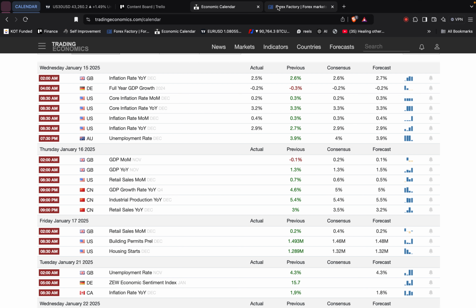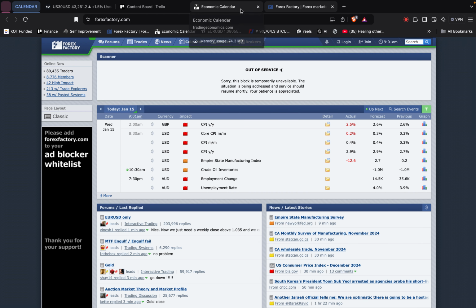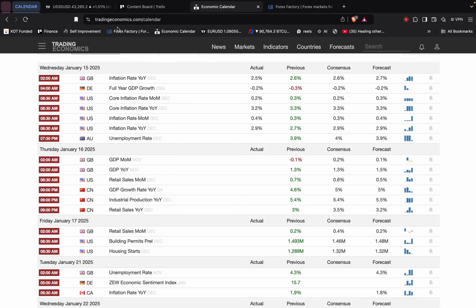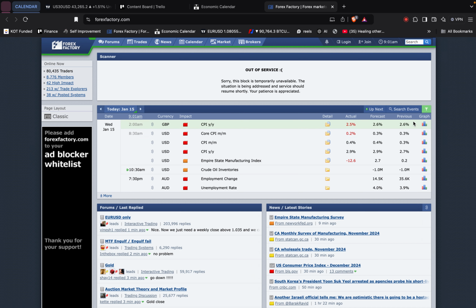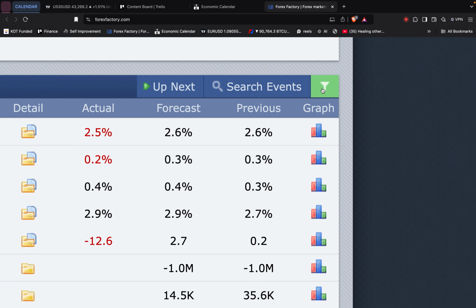I'm currently on these two sites that I use. I actually use two sites for my Forex economic calendar. I use Forex Factory and I use Trading Economics. So when you're on Forex Factory, you're simply going to go all the way over to the right, hit this